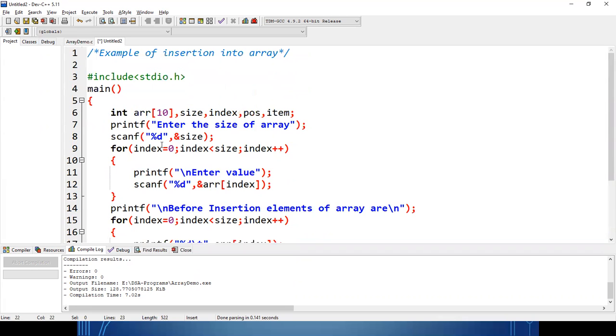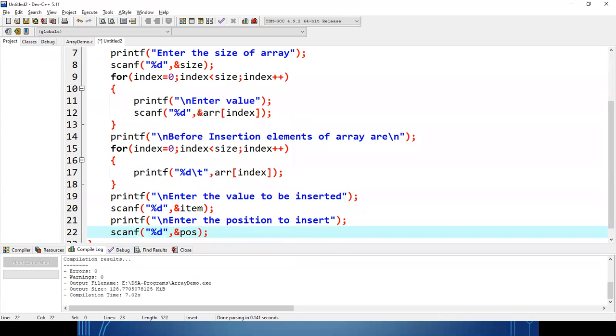Okay, so you can understand first that you have declared one array. Now we have taken the size of the array. As per the size, we have taken input into the array. And till now we have not written any code for insertion. So before insertion, we are just displaying the values of the array.